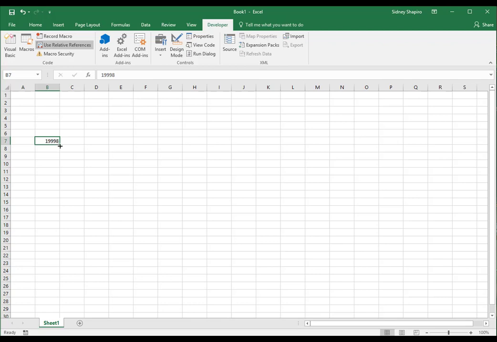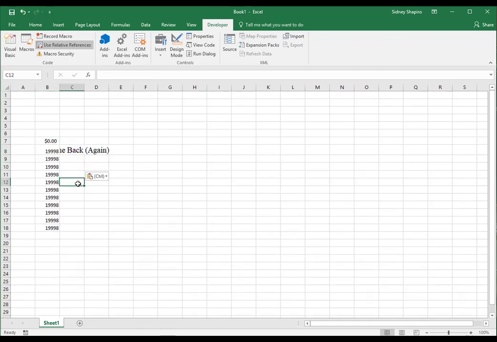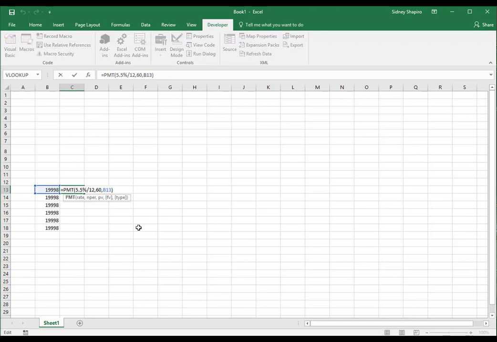Okay, so for another example, I set up a macro that if I click on a number and I press Control K, whoops, hold on, there we go. Okay, so basically, there you go. I set up a macro that if I click on the space next to the number and I press Control K, it will automatically go and put in the payment function with the interest rate, the number of payments, and it will use the cell next to it